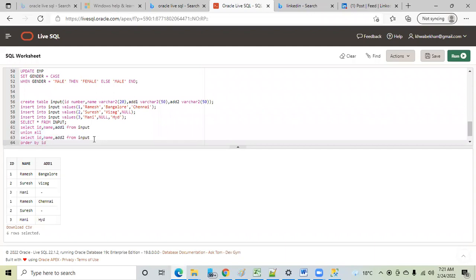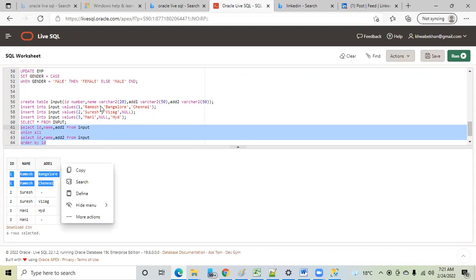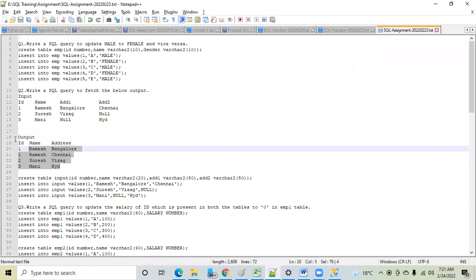The first record is fine. You got the desired output. Suresh Vizag is also fine. This is what we are looking for: Suresh Vizag and Money Hyderabad, right? This is the output you want.